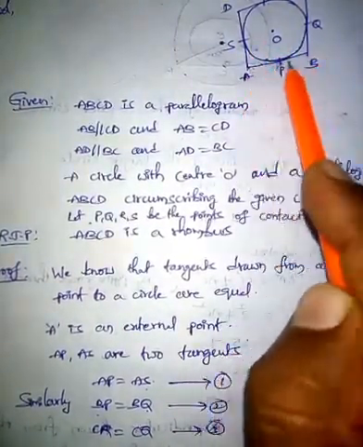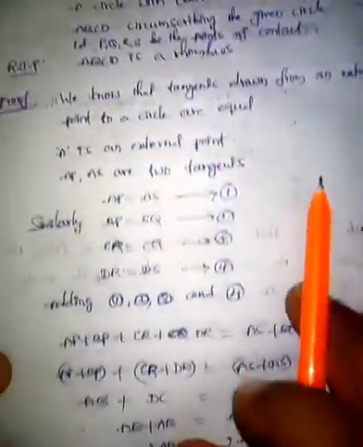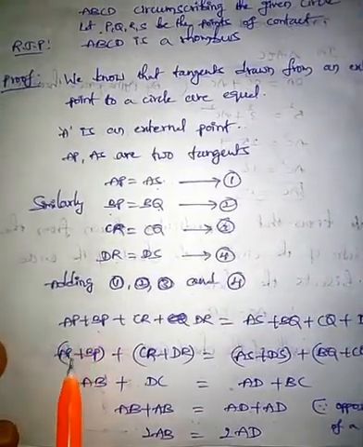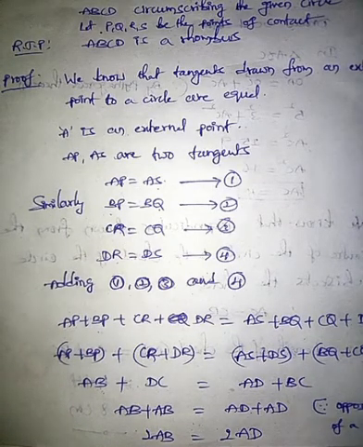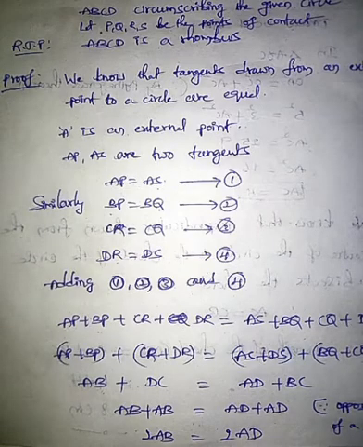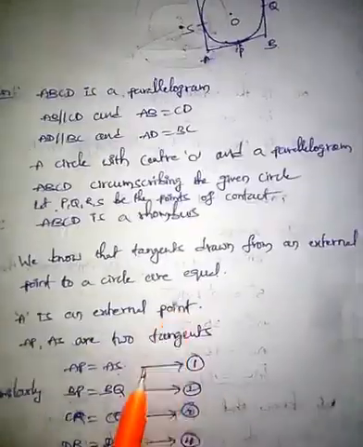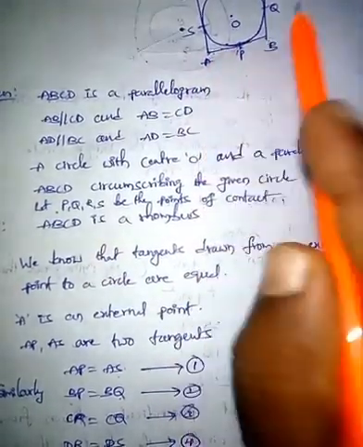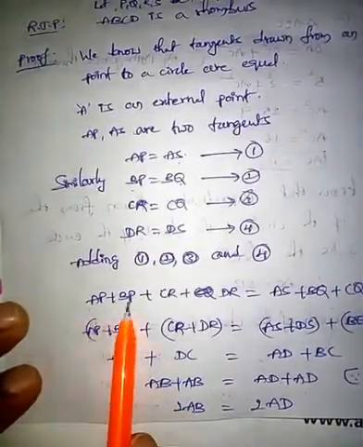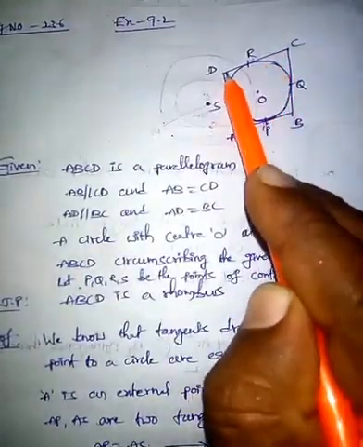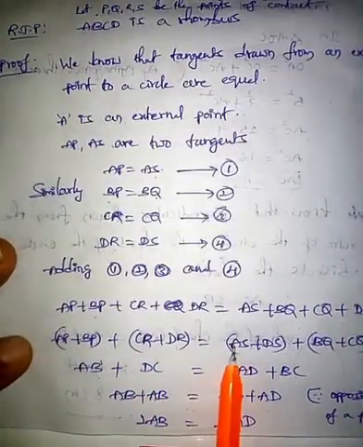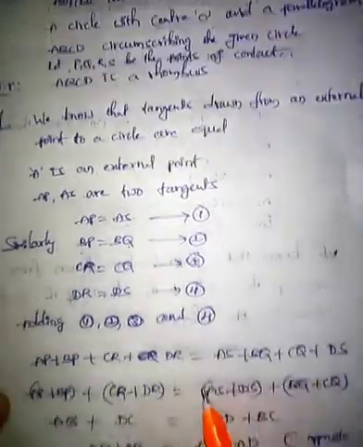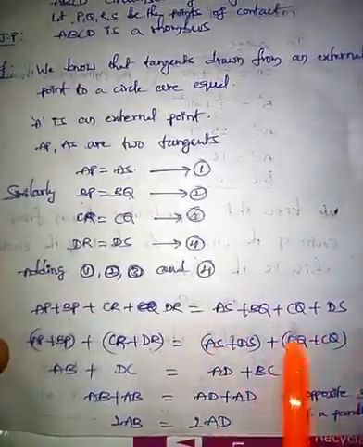we wrote in this way, that is, parts on opposite sides. Now put brackets to the two parts which lie on the same side of the parallelogram. So here AP and BP lie on the side AB, that's why put a bracket for these two parts: AP plus BP. And now CR plus DR are the two parts which lie on the side DC, that's why put a bracket: CR plus DR. Okay, and similarly in the RHS we have four parts.